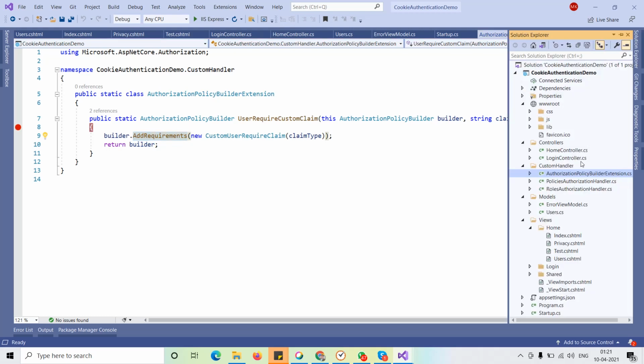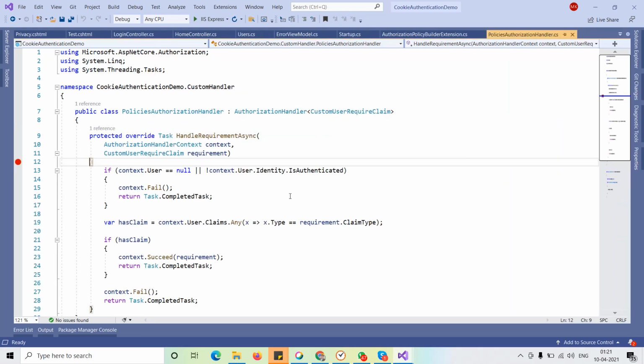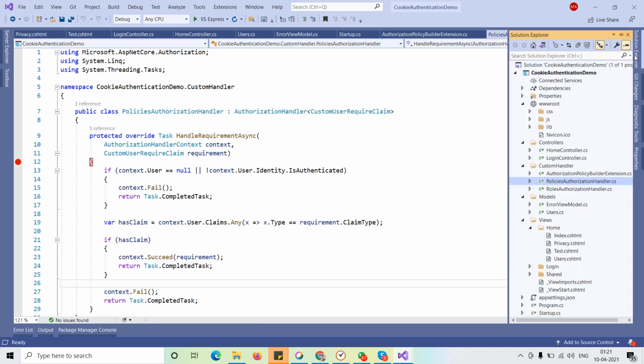The other one is the policy authorization handler, where I can check if the user is authenticated or not, and I can check the claims. If the claim is verified, then it succeeds and the task is completed, and you can go to the next request. Otherwise, the request will fail, and you will go to the error page.